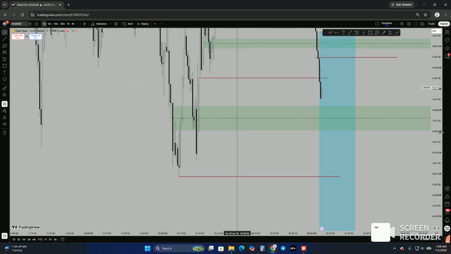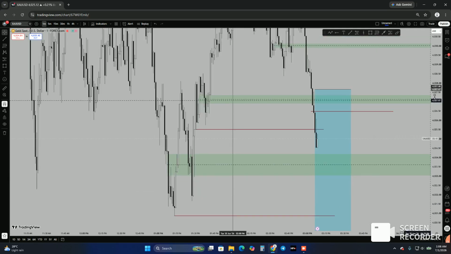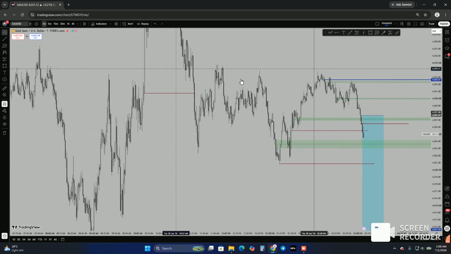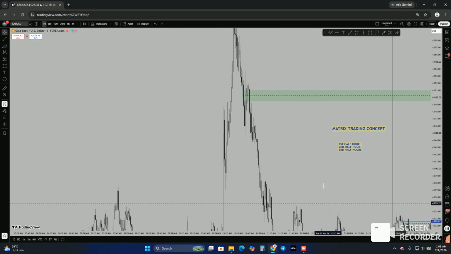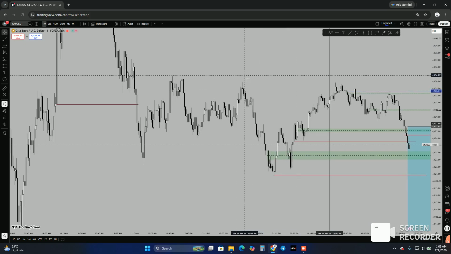Okay, so maybe it looks like you are doing something very unknown, but it's real and effective. The algorithm is running with this matrix concept. Okay, so I told you the first half hour and the second and third. So if I say the 12 a.m. open, where,